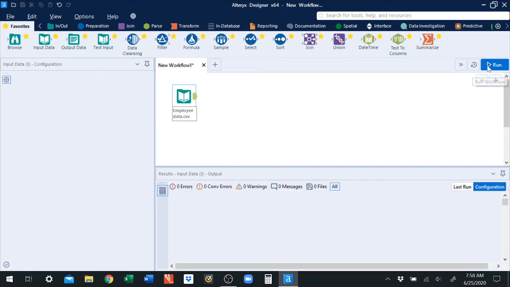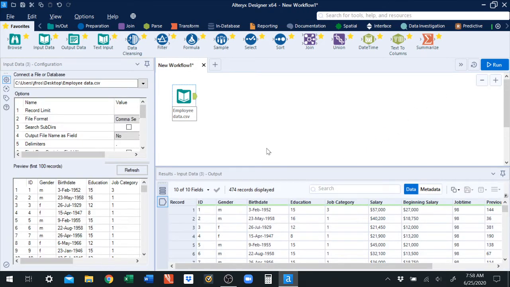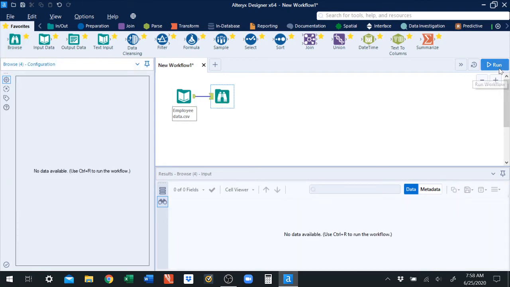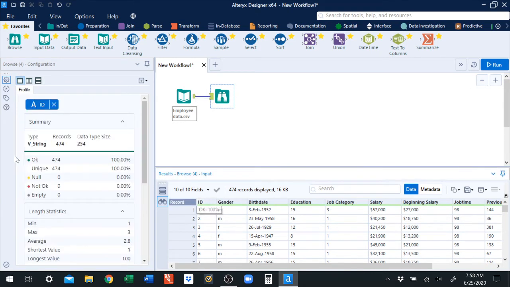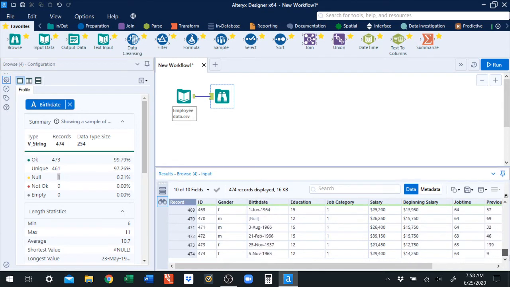So let's bring in our data. And then again, we want to use a browse tool so we can see all of our data, as we taught you last time. Also, the browse tool gives you information on each variable. If you click on the variable, remember it tells you the variable's type, it gives you some statistics about the variable. Also, it gives you if there are any null values on that variable or on that field. Notice birth date has 1 null value, and we saw last time it was down here on row 470. All right,